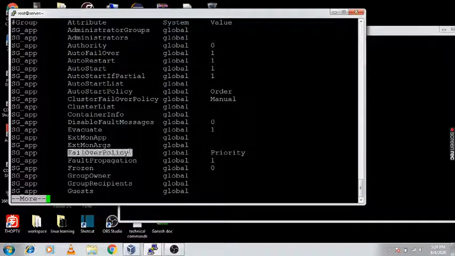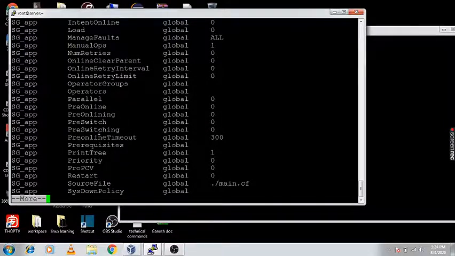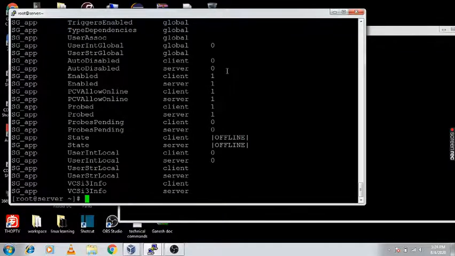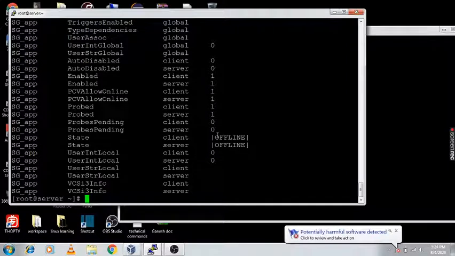This is the failure policy. This is the attribute we have used right now, that is SystemList. Here you can check the server is priority 0 and client is priority 1. These are the priorities we have set, and the status of the service group is offline on both nodes, on client and on server.